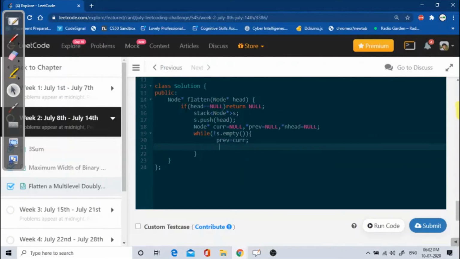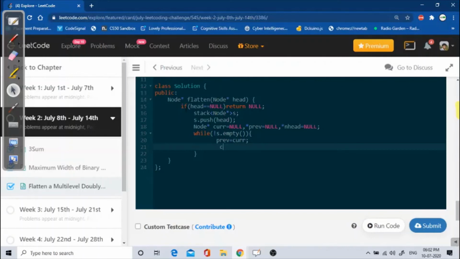Every time whenever I loop, I will store the current value in previous, because my current element will be pointing to the previous element for every node. So here we are just storing the address, and we will point it down in the code.